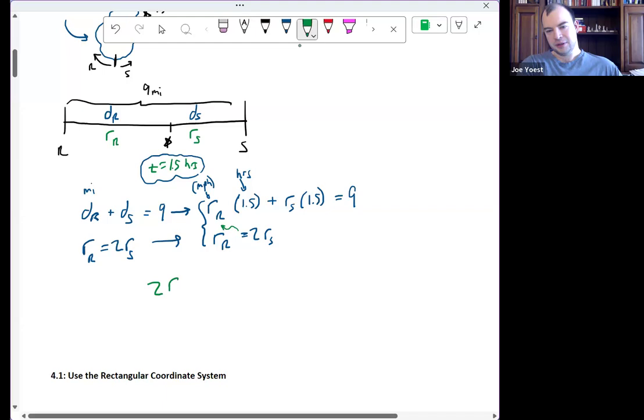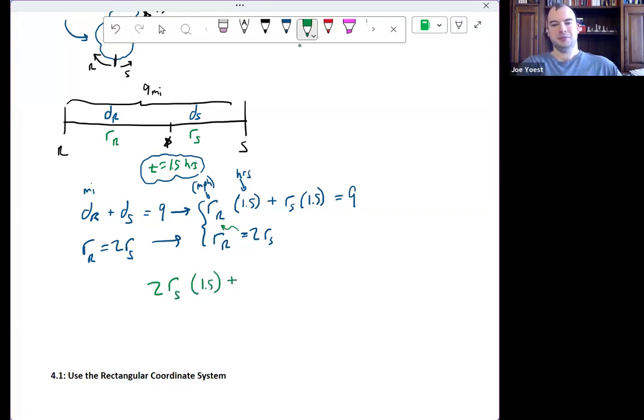So I have 2rs times 1.5 plus 1rs times 1.5 equals 9. I have 2rs times 1.5 plus another one of those same things. I have 2 apples plus 1 apple. That's just 3 rs times 1.5, and I'll put that 1.5 out front. Or that's 4.5